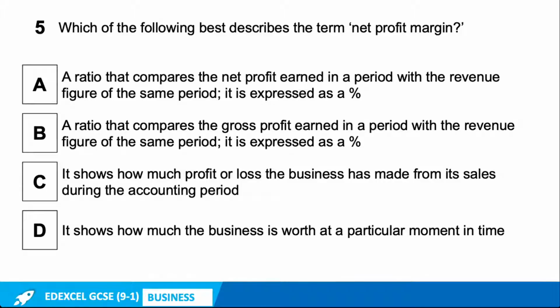So read the question carefully, read the selected answers quite carefully, and then decide which you think it is. We don't have universal agreement so far from the answers that have come through. Yeah, general agreement here that the correct answer is B. But the correct answer, of course, is A, because it's net profit margin. It says net profit margin in the question. It's the ratio that compares net profit with revenue. So net profit divided by revenue times 100 will give the net profit margin. The gross profit margin is what B is referring to.